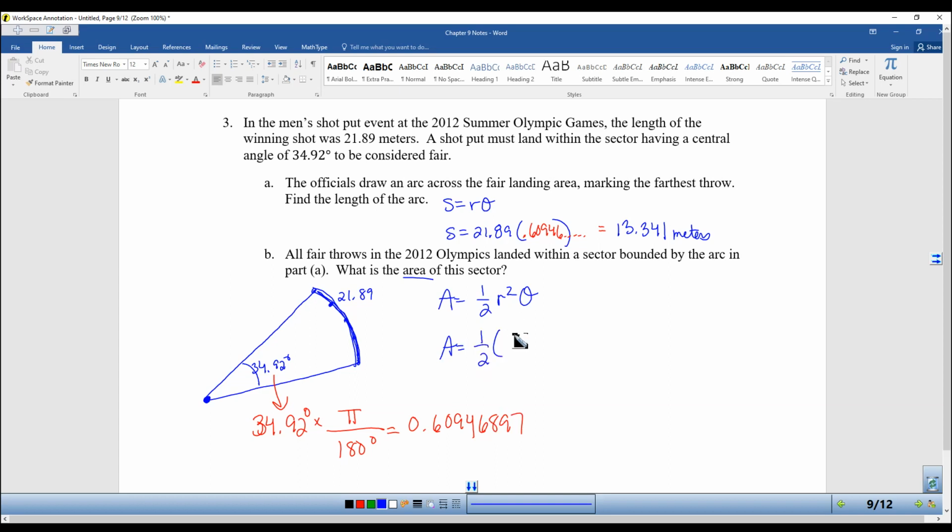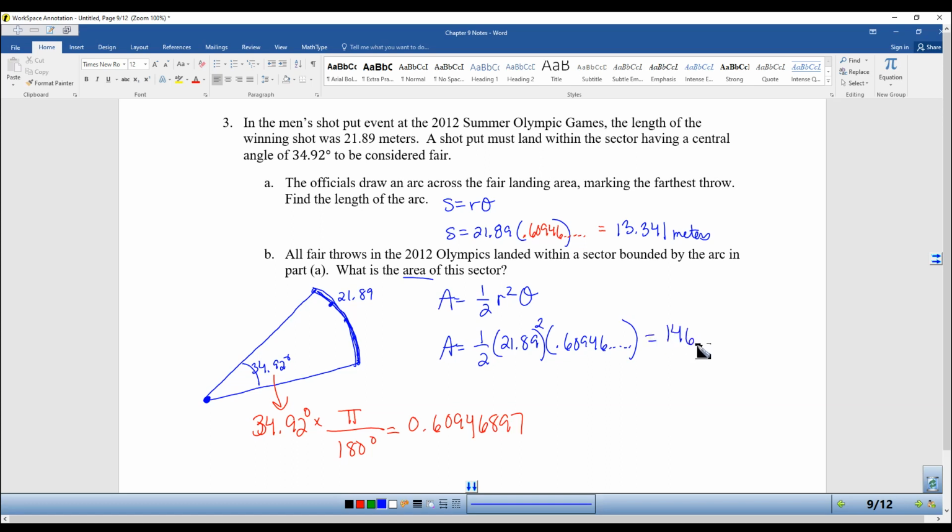So 1/2 times 21.89 times the 0.609. Remember, I don't want you to round even at this step. I've already done this once, so I really just need one more 21.89 and then a half. So I'm going to multiply by 21.89 again, divide by 2, and I get